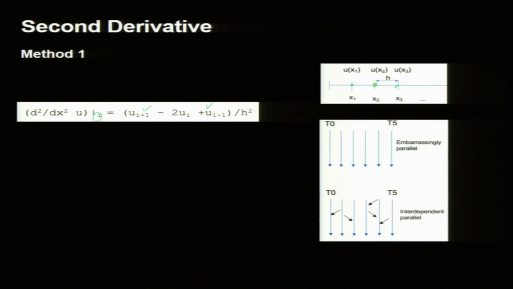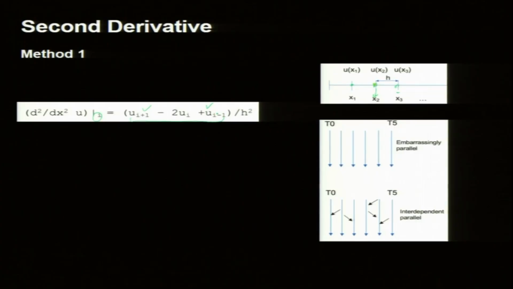Please keep in mind that when this thread is taking the derivative, it needs the values of the left and right neighbors, which is not the best thing to do for GPU. Every thread would like to do its operation locally. Memory is not shared among threads; threads have their own registers. We have to think of ways to make sure that this operation can be done by all the threads.